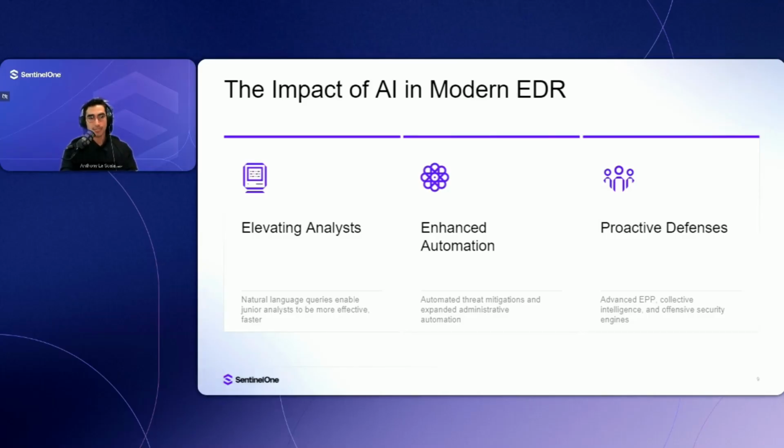And AI implementations also aid in investigations through advanced correlation of events across log sources, building an attack story that helps analysts determine root cause, potential access vectors, and total scope of affected systems. While this data exists in legacy EDR, it often requires manual, skill-intensive investigation, consuming more time while a threat actor might still be active. And then finally, proactive defenses.